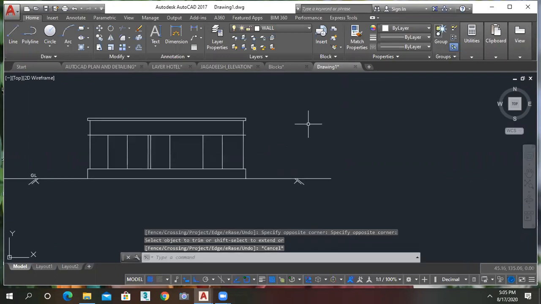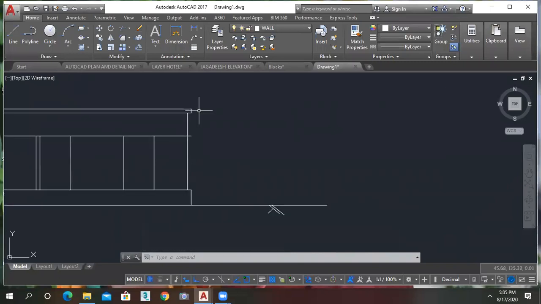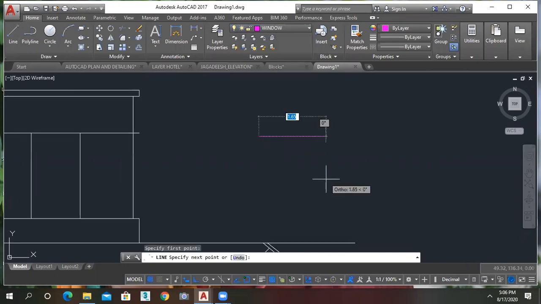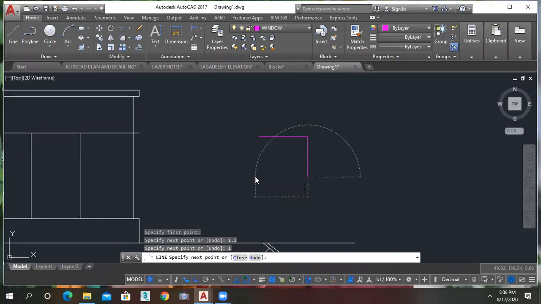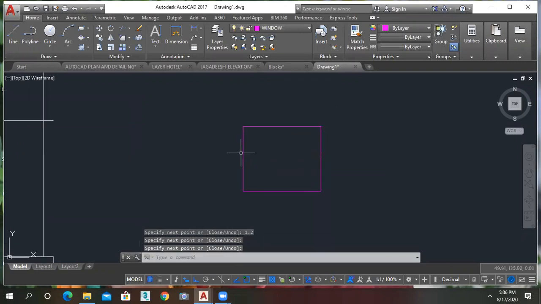So now I want to create the elevation of the window. What is the height of the window? You just go to the window layer and say it like this. As we took 1.2 meter width, I will take 1 meter as the height. These are all the standard values. This is my window width and height. Give the offset of that 0.15.